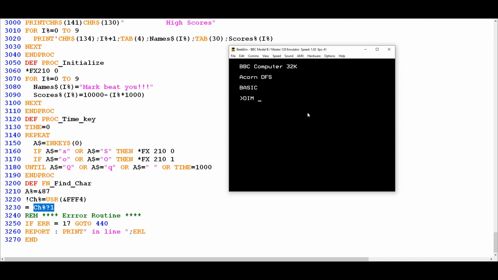So if I declare a dim, I'm just going to call it ch with uppercase because it's easier than turning the caps lock on and off. I'm going to declare it in the same way that the program does. So I'm going to say dim ch percentage 3. And you can see that the BBC Micro, or BBEM in this case, is entirely happy to accept that as a command. And then if I wanted to say, well, what is there? I could say print ch percentage as I would with anything else,